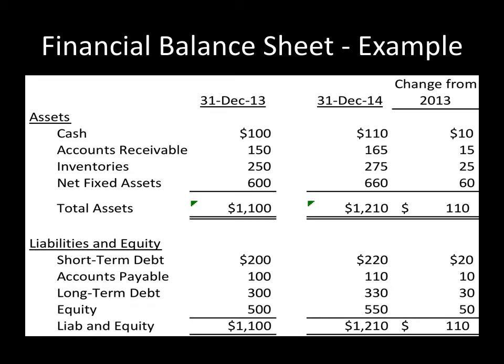As you can see, it presents two different years, so it ends up presenting the financial condition of the company at the end of 2013 and 2014. And also it shows a third column, which shows the increase or decrease of each account from year to year. Notice that the assets equal liability and equity, and notice that the increase in total assets equals the increase in total liabilities and equity. Why it's important to understand the increases or decreases in the accounts will come in handy when we start talking about the cash flow of the company.